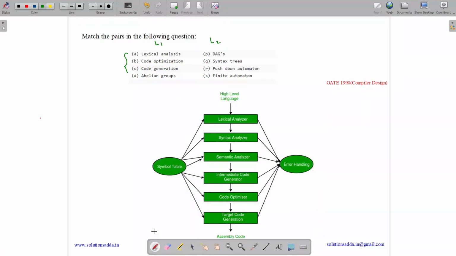So what happens is that when we write a high level language, suppose we have written a file example1.c, it's a high level language. When we give it to compiler, then compiler will convert it into assembly level language. And these are the phases of compiler: lexical analyzer, syntax analyzer, semantic analyzer, intermediate code generator, code optimizer and target code generation. Let us see this lexical analysis phase. So lexical analysis phase, what it does is that it checks, it matches